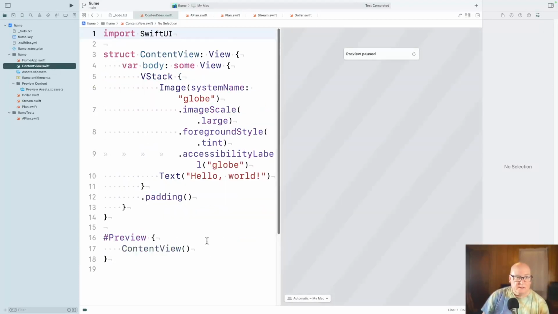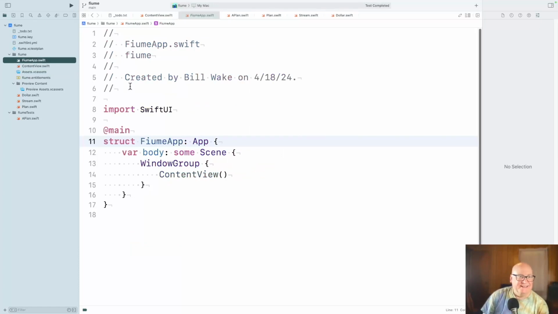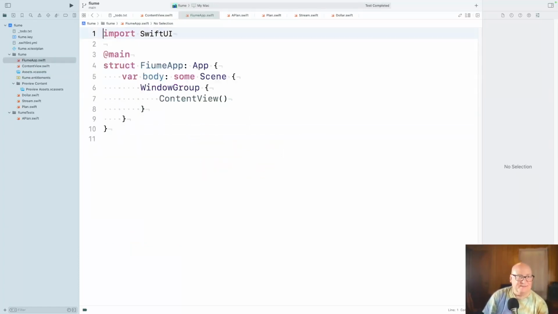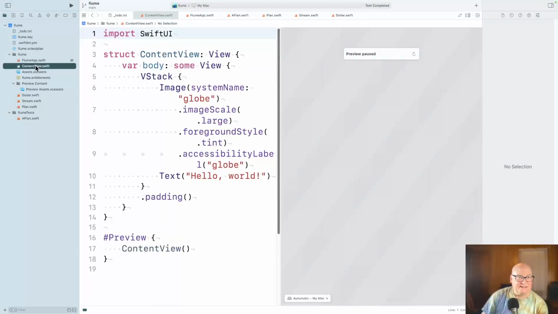All right. So content view. Now, what? Wow. Somewhere you got to have a plan. I guess that's not the app that's going to own it. Is it this content view?